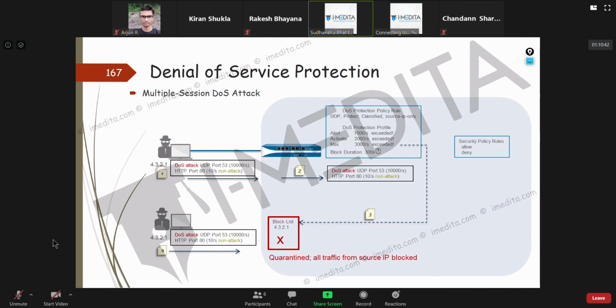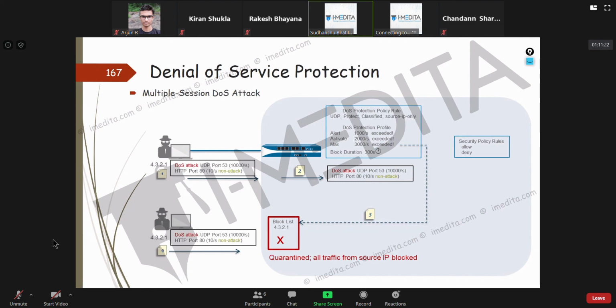It can prevent basic DOS attacks, but if there is a very sophisticated DOS attack planned and acted upon with many people participating, then probably your Palo Alto cannot help you with all of it. I'll give you an example. Suppose you see the alert threshold is 1000 packets per second.